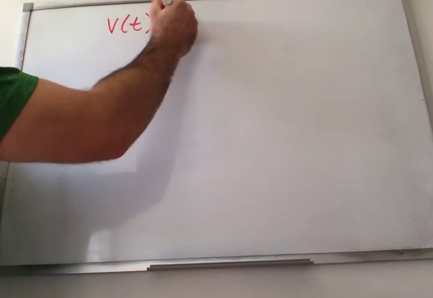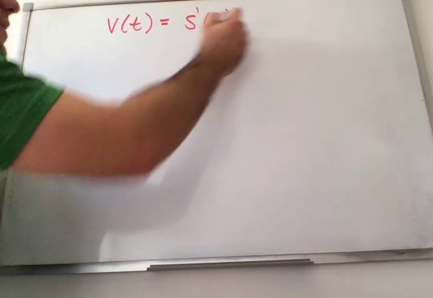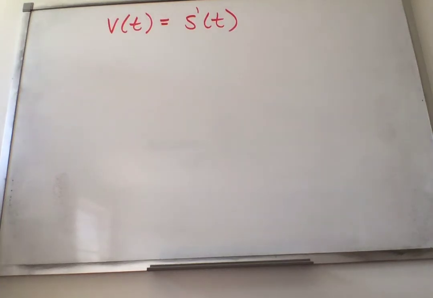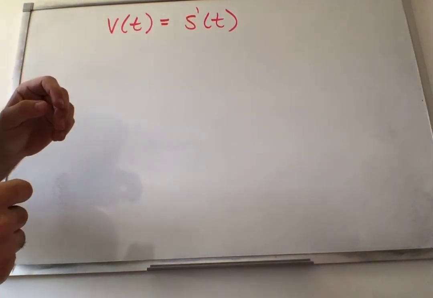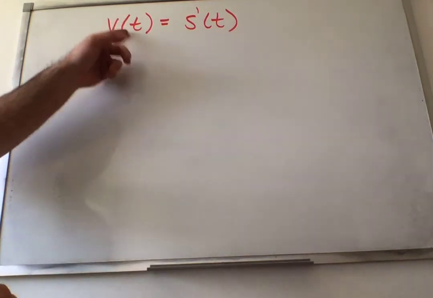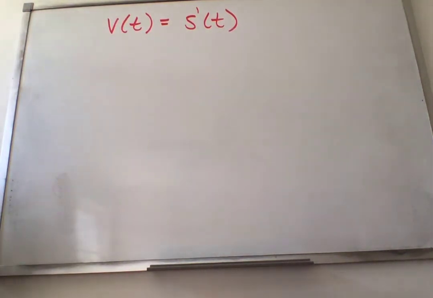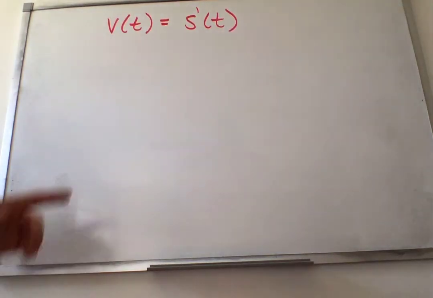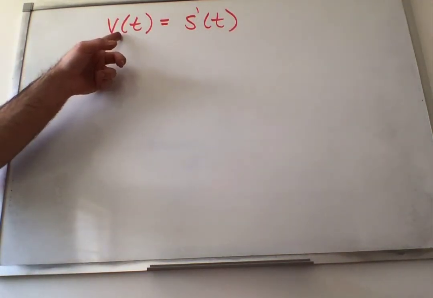So the last topic of antiderivatives is rectilinear motion, okay? We're gonna relate this back to how we started the semester talking about distance, velocity, and acceleration, okay? So if you recall, the velocity was the derivative of the position function, okay? So if I have some position function, s of t, and I take the derivative of that, I get the velocity, v of t. So that would imply that the antiderivative of the velocity